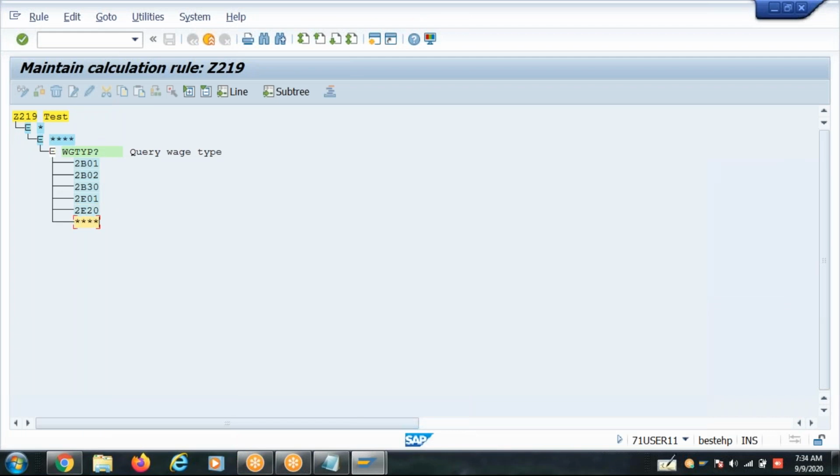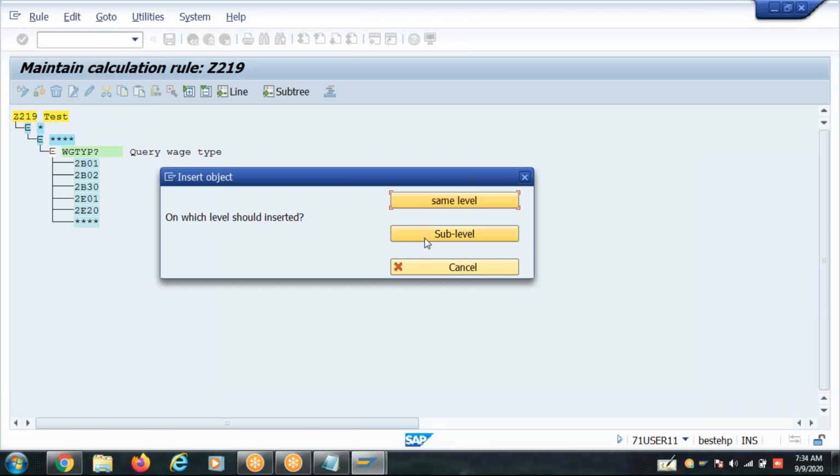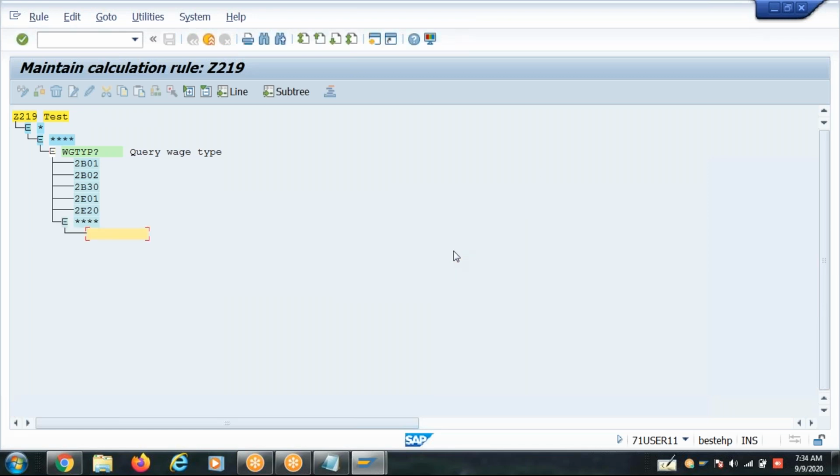And all remaining goes to four stars. All remaining goes to four stars. Okay, that means what? It is the 2C series. Then we can apply this logic here.